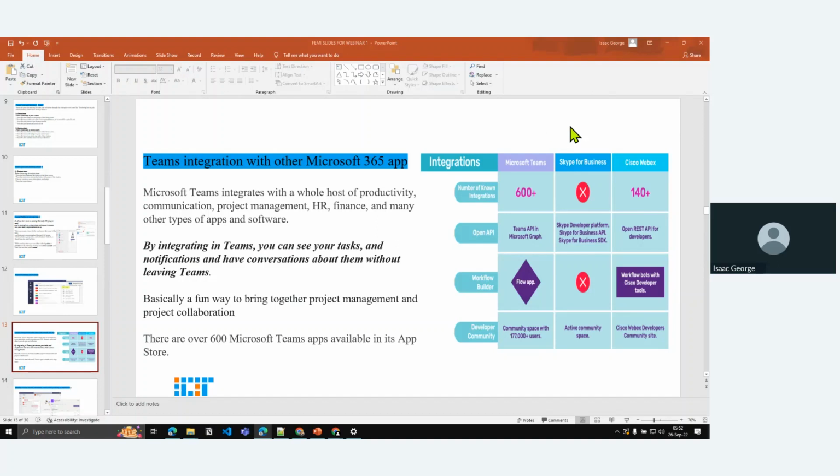And if you're comparing Microsoft Teams to other collaboration tools, for instance, Cisco WebEx or Zoom, you would see that Cisco WebEx has a limited number of applications that it can be integrated with. Now, Microsoft Teams, you can integrate it with the Teams API, Microsoft Graph, where you can do the entire coding. That's to all our developers we have in the session. And for Skype for Business, we had limited features we could do